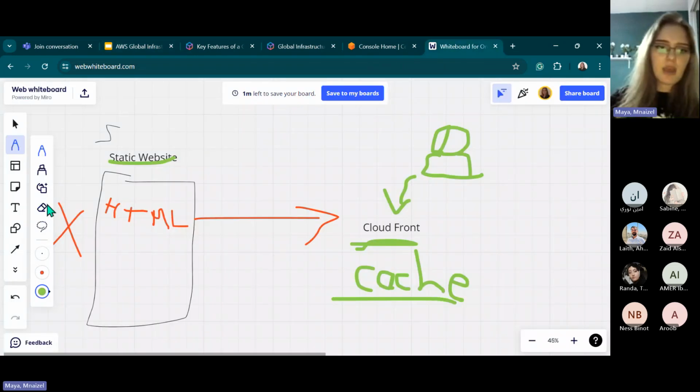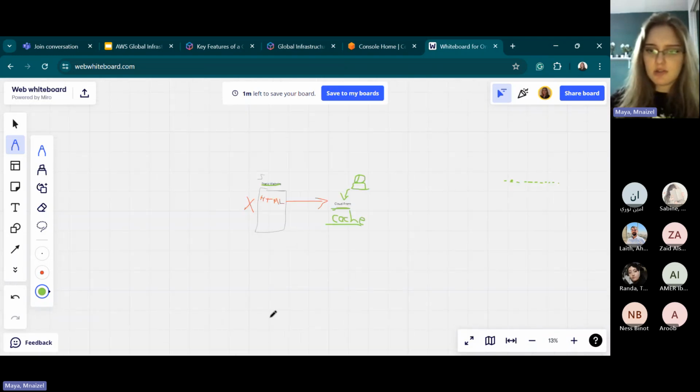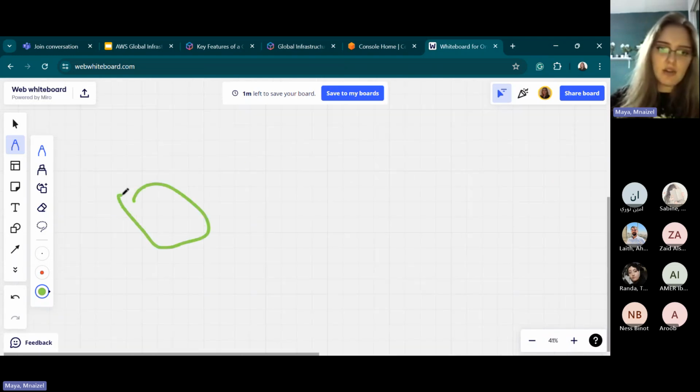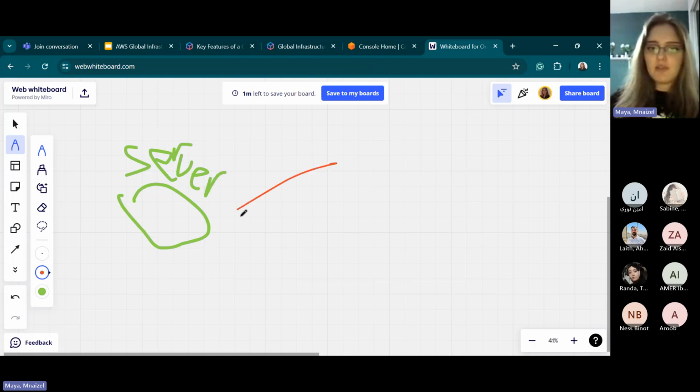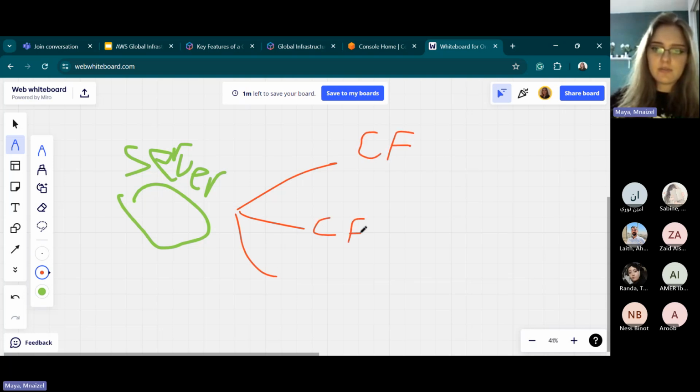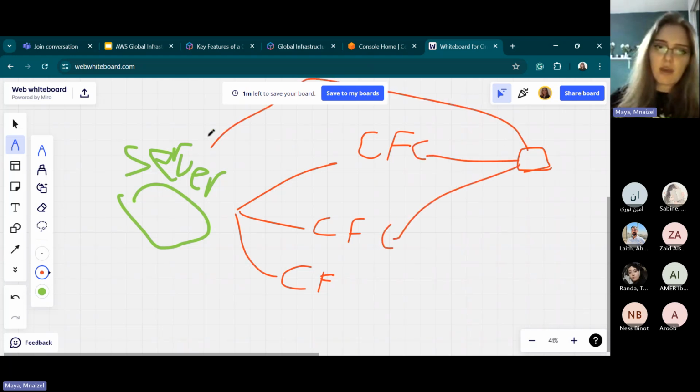I wish I had a picture. Maybe if I did something else. So let me go down here. If we have our server, sorry, I'm really bad at drawing. And I'm deploying it to multiple CloudFronts. So now clients, wherever they are, if there is a client right here, it can talk to this CloudFront or this CloudFront instead of going to the actual server. So this is much faster than going to the actual server, to have multiple copies on edge